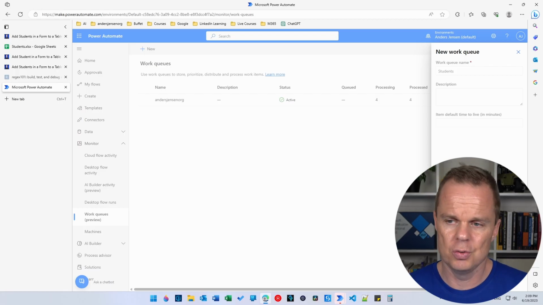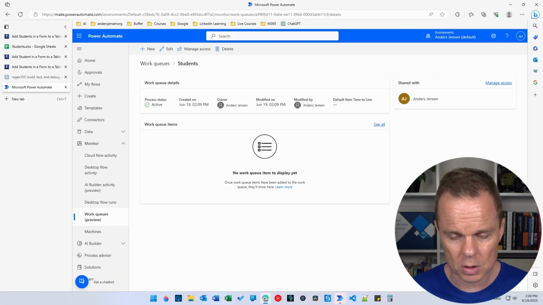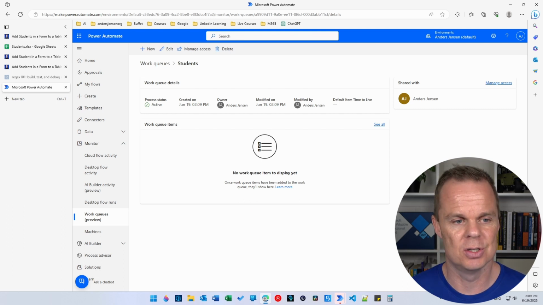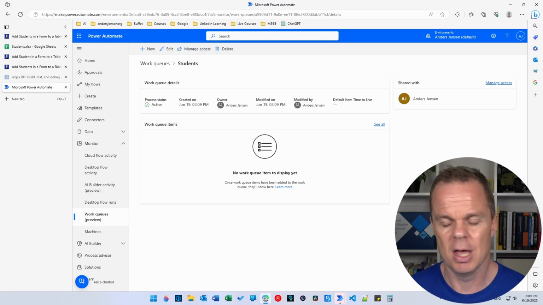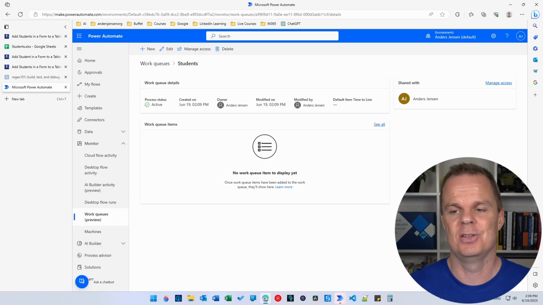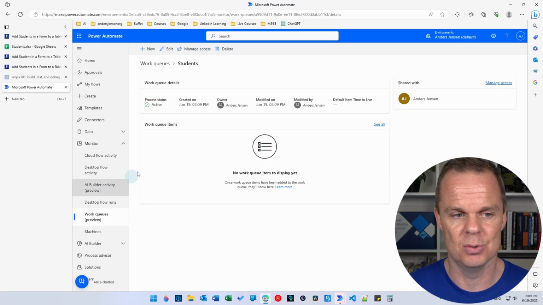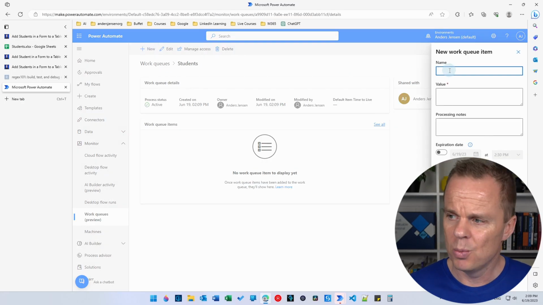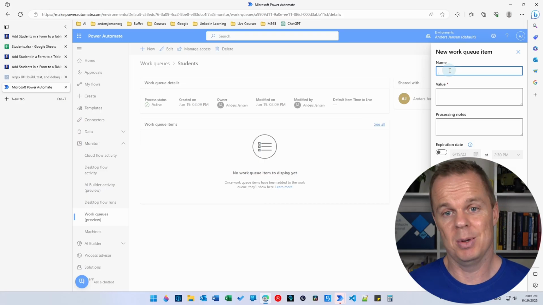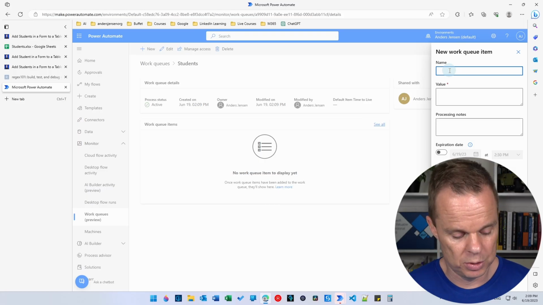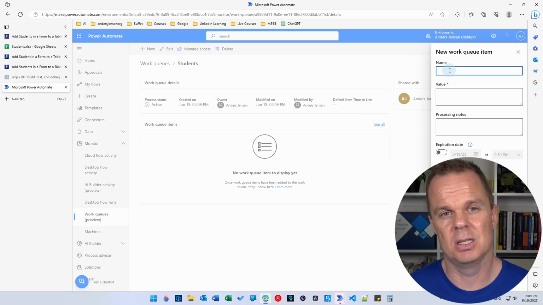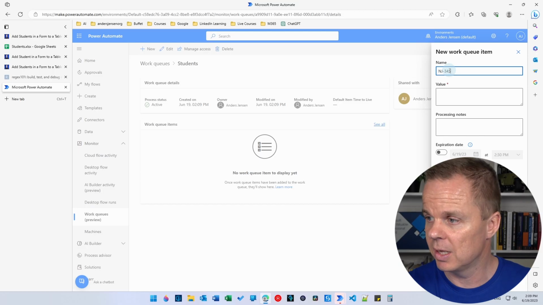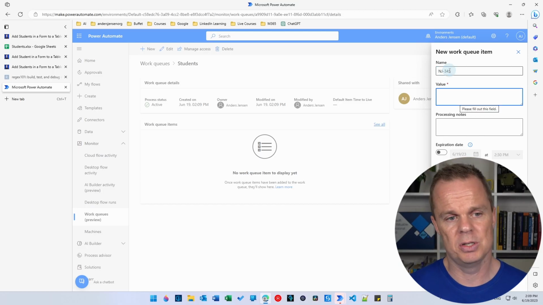So this is the queue that we're going to use for our workflow with the students. Let's add a few manually. After that, we will of course use our Excel sheet to add the students to the queue. So I'll say new. Now we'll add a queue item. We can give it a descriptive name that we want the queue item to have. It's nice because then we can easily track them. Let's say I want something like this. And then I want this comma separated